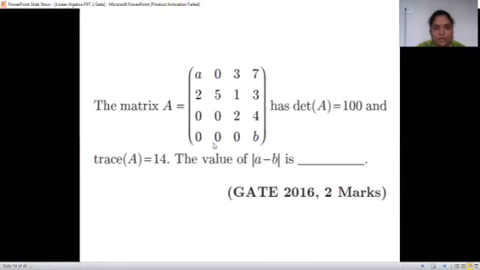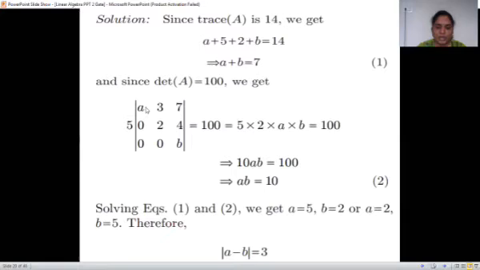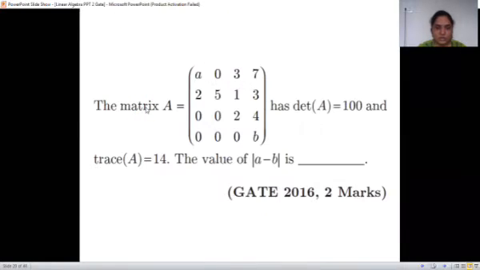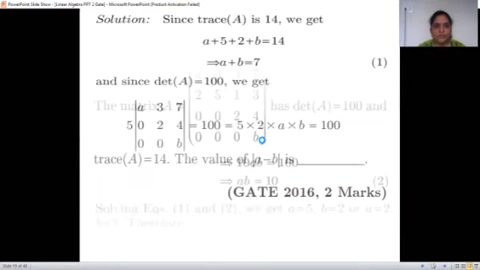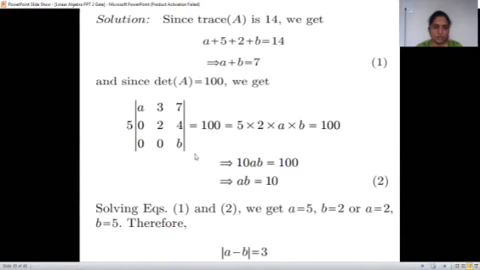And since determinant is 100, okay, determinant is what? If we have any column where only one element is there and all others are 0, we can consider that row or that column. So this is the column where maximum zeros are there. So from that, we'll write the determinant. So 5 I'll write outside and then 5 into hide this row and this column and whatever elements remain, into that. So 5 into A37, just check, 02400B. Yes, 02400B.